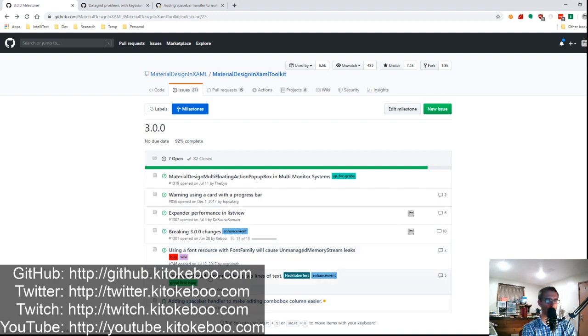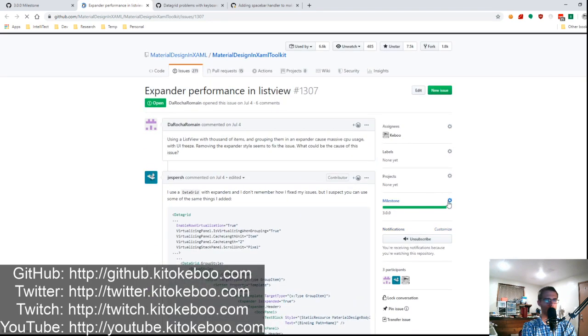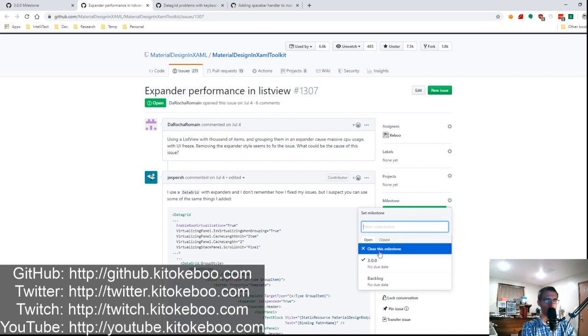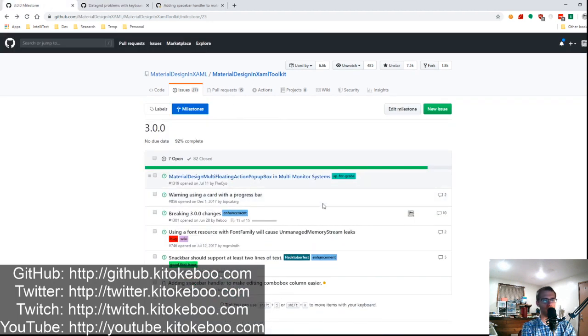And so this one's going to drop off here in a minute. This one is basically done. This is just an outstanding list of all of the breaking changes. So this isn't actually a needed issue. This expander performance one I might deprioritize because this isn't a regression. It's not great, but it's not regressing, and so I don't necessarily want to hold a release for it. In fact, I might do that now because, again, it's not a regression, so I'm somewhat tempted to punt it in favor of getting the 3.0 release out the door. The other thing that's going to be a little weird is timing with the MA apps release.